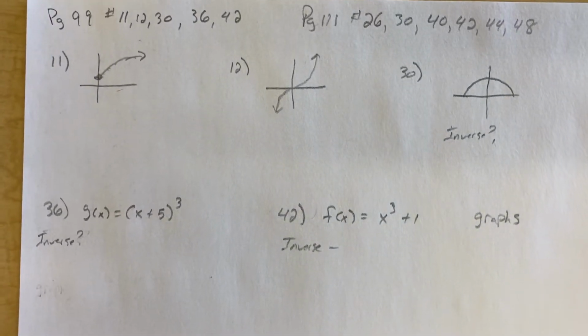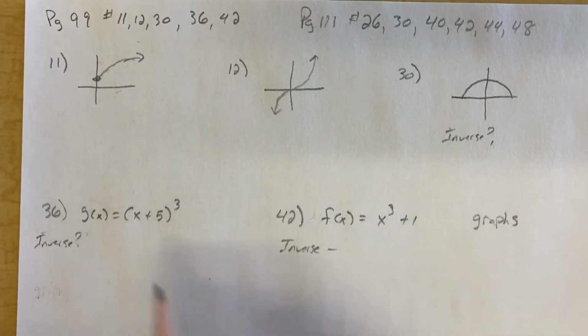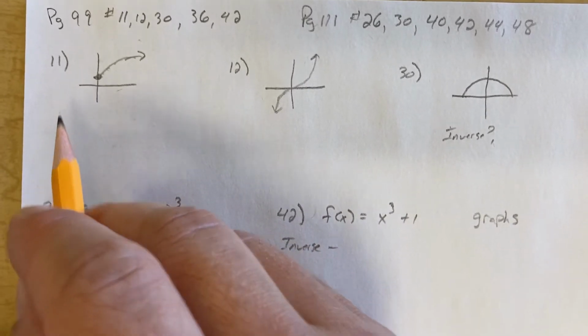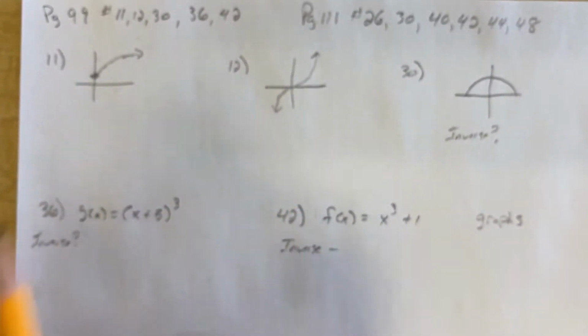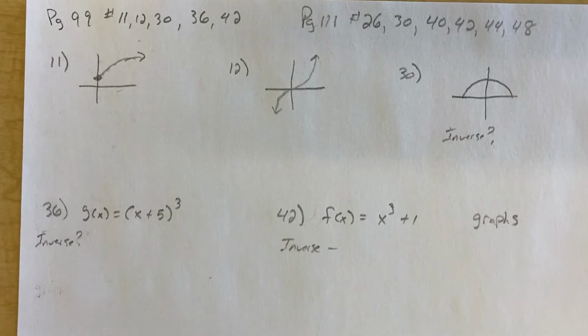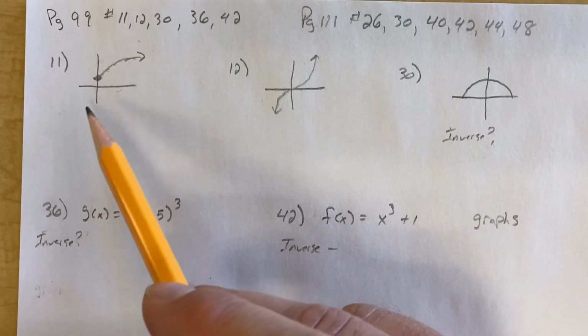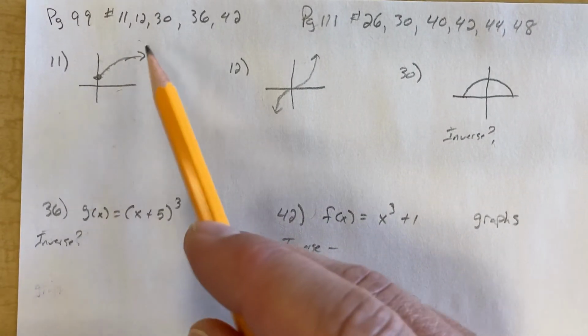All right, these are the answers to page 99 and 111. So for the 99, we're doing inverse functions. And for this one, you're supposed to match this graph up with the graph of its inverse. Now, there's some things about reflecting a graph about the line y equals x that we might have talked about